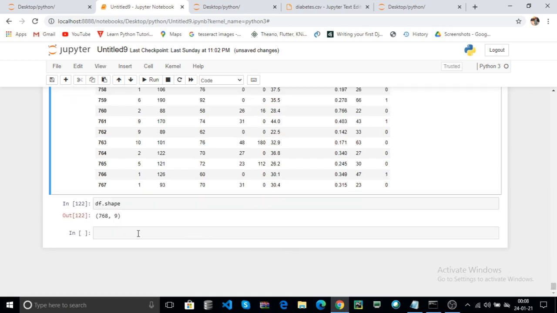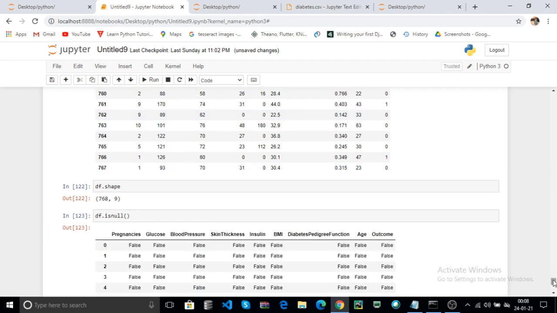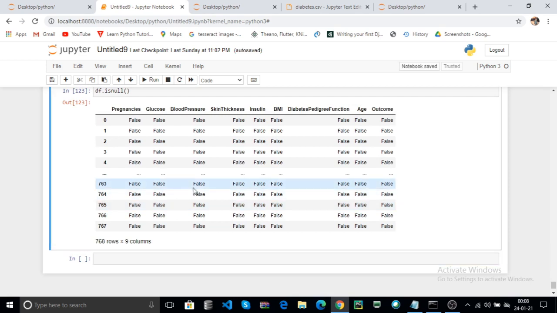Now here you can use df dot isnull. Here it returns whether there is any null value in your data set. It returns true if the particular index contains a null value, otherwise it returns false.